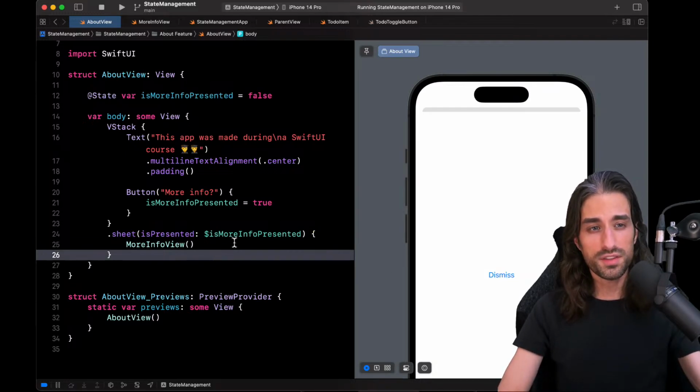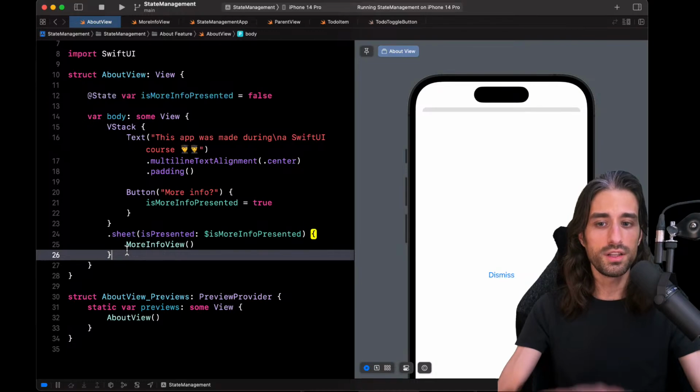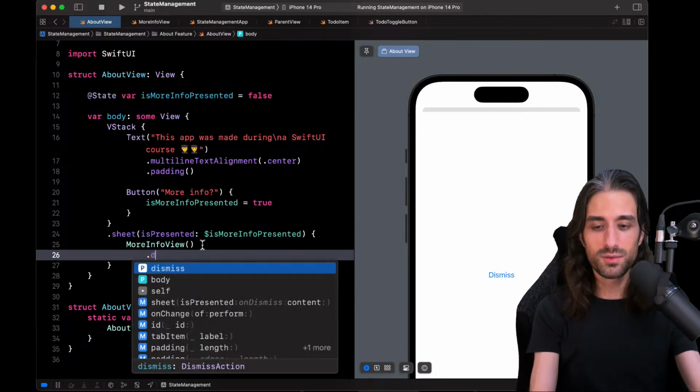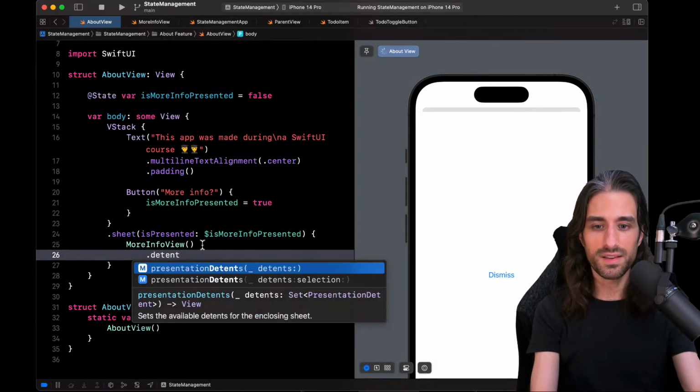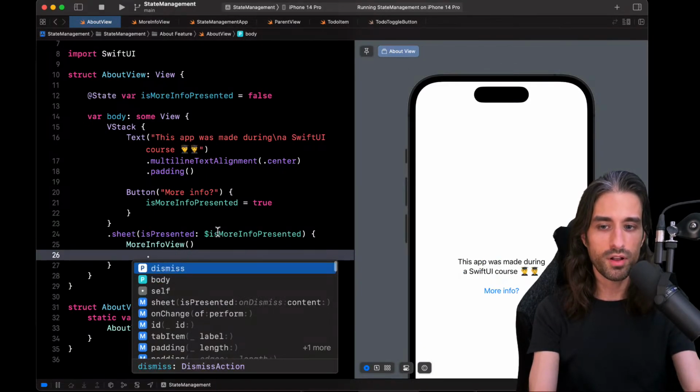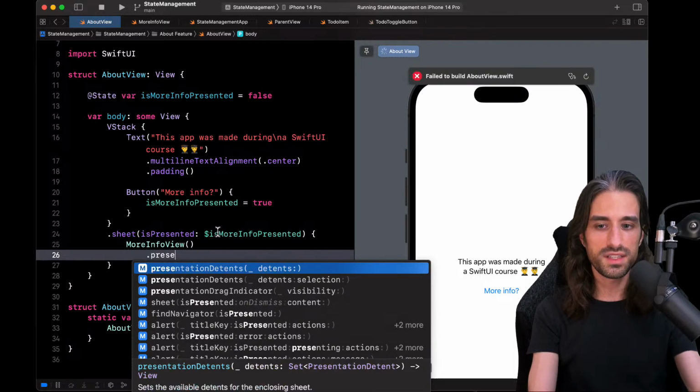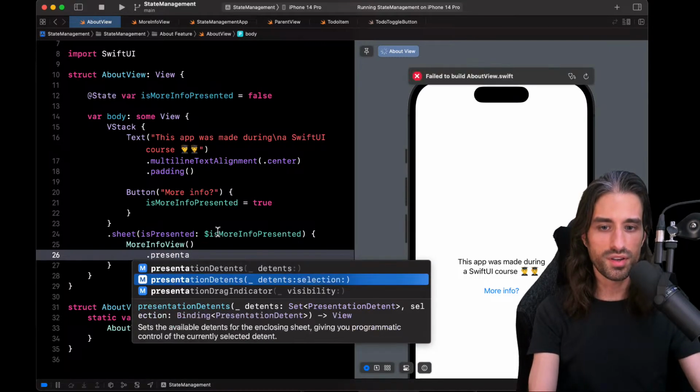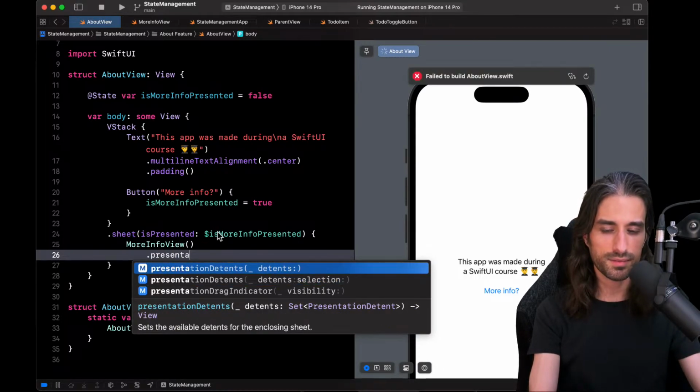It used to be that there wasn't an API to do that in SwiftUI, but it's been added with iOS 15, and it's what's called the detents. So I need to see if the detents, yes. So the presentation detents, you call them on the view you are presenting. Like that, presentationDetents.